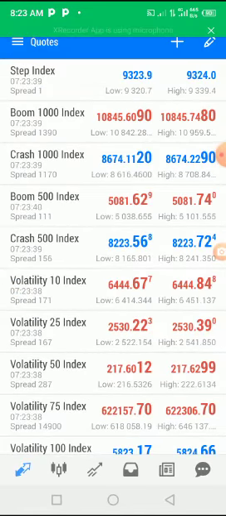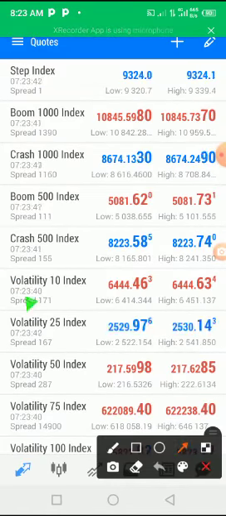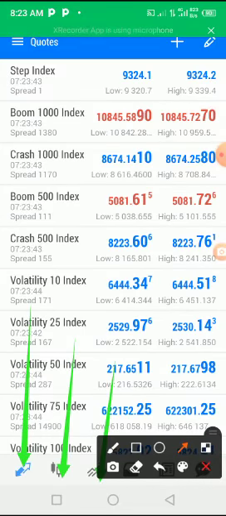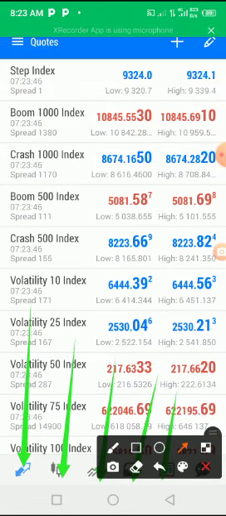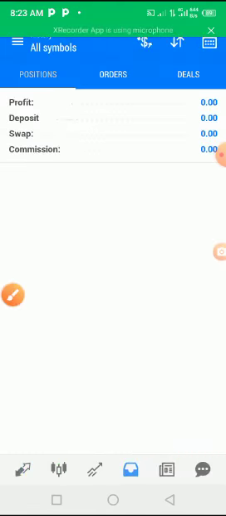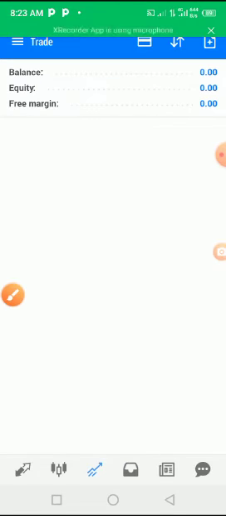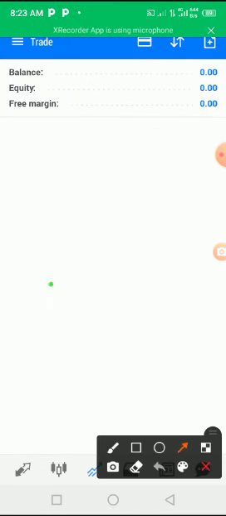In the next video I'll show you how to navigate using all these things. All these things will take you to different phases in this platform. Okay, so that is the whole thing. So if I click here now, it says 00. If I click here, it says 00, equity, balance, everything is 0, because there's no money in this account. This is just a new account.